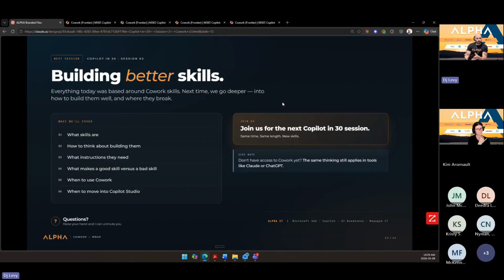Now, not everybody here has Cowork, but this can also be used in Claude or Claudbot or whatever else. The same thing kind of works. So, after this,